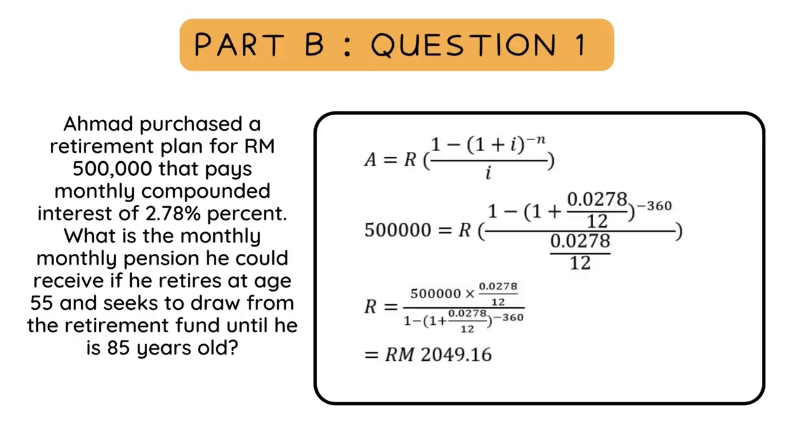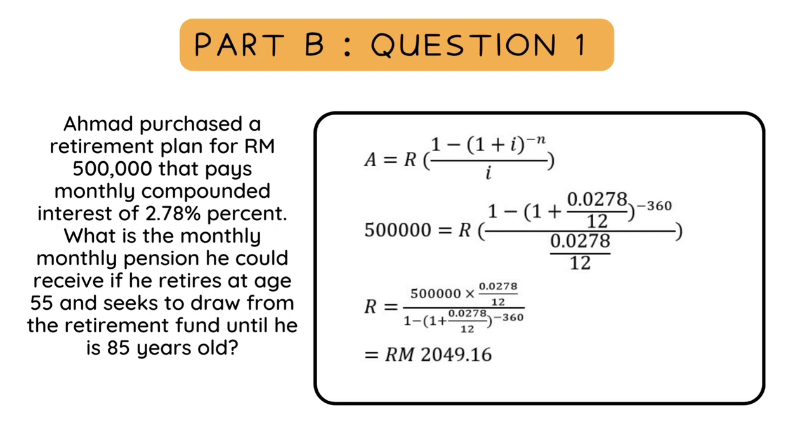Part B, question 1. Ahmad purchased a retirement plan for 500,000 that pays monthly compounded interest of 2.78%. What is the monthly pension he could receive if he retires at age 55 and seeks to draw from the retirement fund? He is 85 years old. We just use the formula and we get the